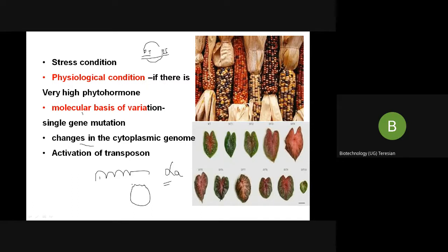Now you can see here, this is a very good example showing your corn or maize, you can see different colors of the corn. Why has this happened? This is because of the presence of your transposable element. Because they are leading to a single gene mutation. If it was sitting here, it would have been a normal maize. But what did it do? It jumped to the other side and it got integrated into it. So when this jumping is happening, that is why these transposable elements are called jumping genes.